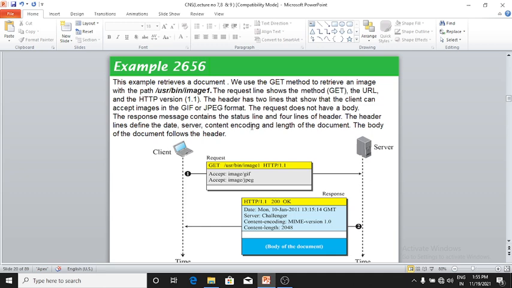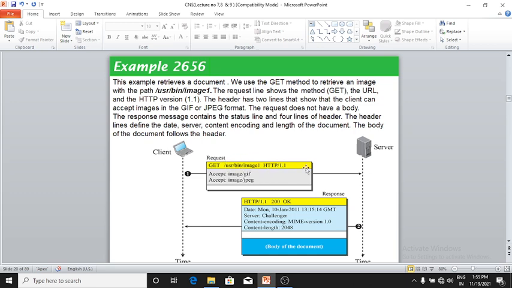The response message contains the status line and 4 lines of header. The header lines define the date, server, content encoding, and length of the document. Okay, the body of the document follows the header. Clear? See the diagram. Here is one line, GET, which shows the path, right?